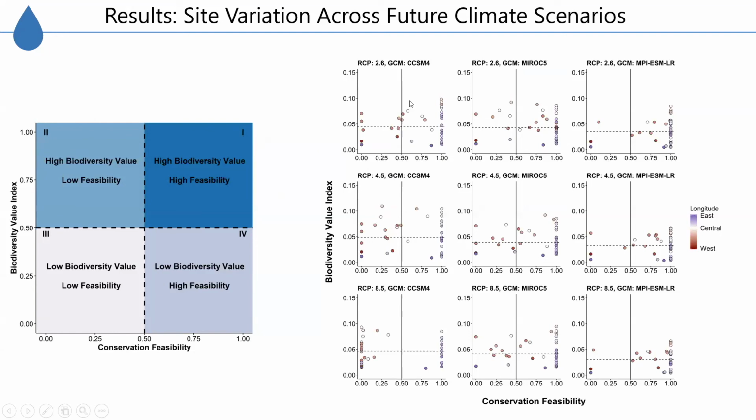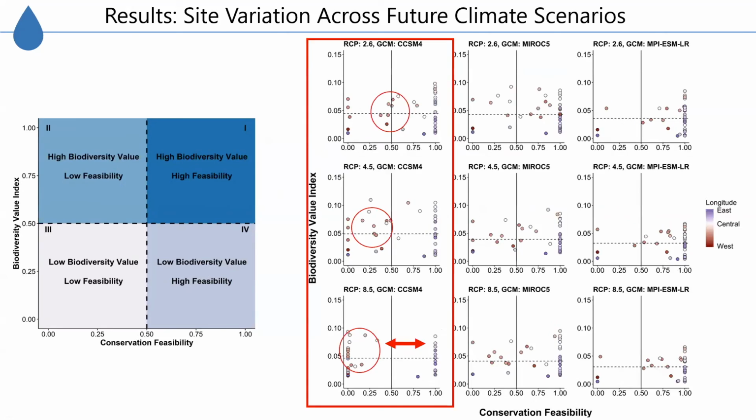So each one of these columns here is a climate model and representative concentration pathway, and each one of the points is a site, and we have colored those from east to west in terms of longitude in the basin. And so I can go through each one of these climate models to see where those sites shift under future scenarios. So under the CCSM4 scenario, we can see some of these more drier sites in the western portion of the basin continually shift towards lower conservation feasibility,